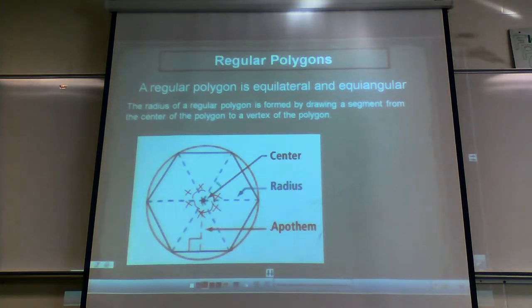The angle I marked right here is called your central angle, because it's the angle at the center. If I asked you to figure out exactly what the measurement of that angle is in this hexagon up there,